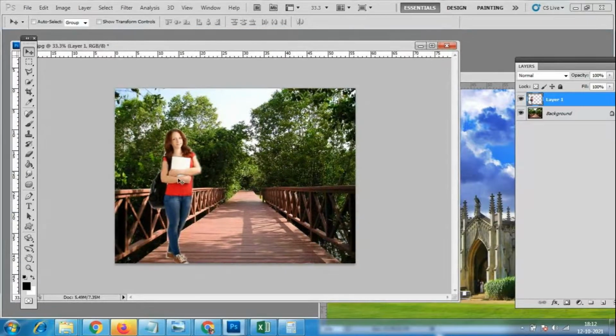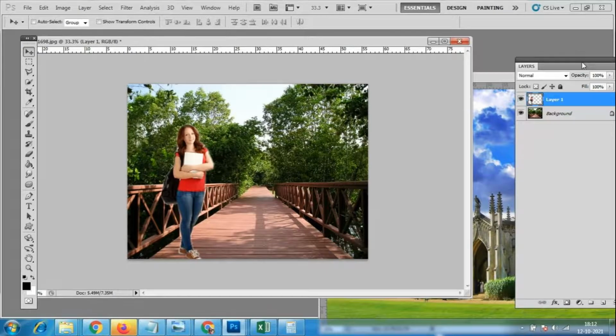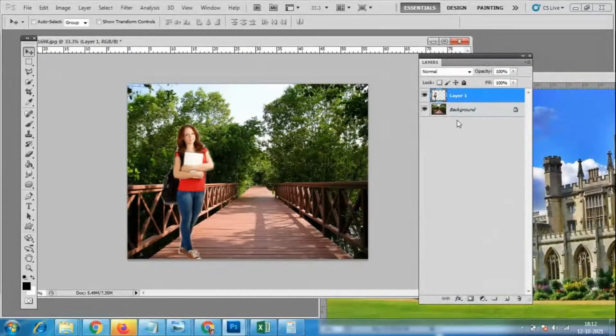Okay, look at the layers now. What happened? Two different layers are created. One is the background layer. The background layer means this is the background. This forest background, bridge background is there on the downside, and here is the girl layer. There is an eye mark over here.